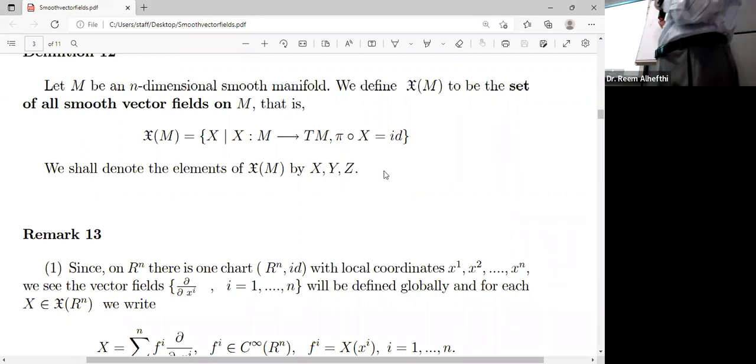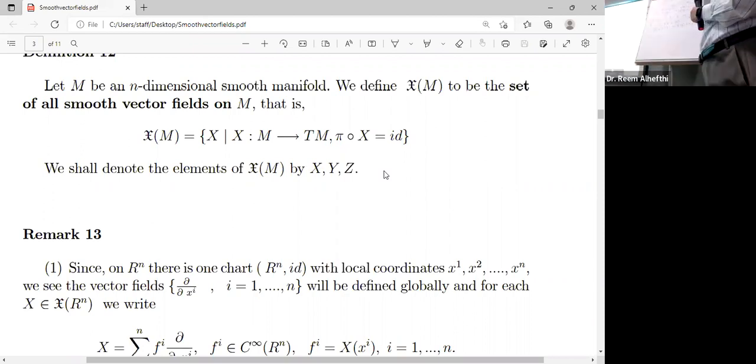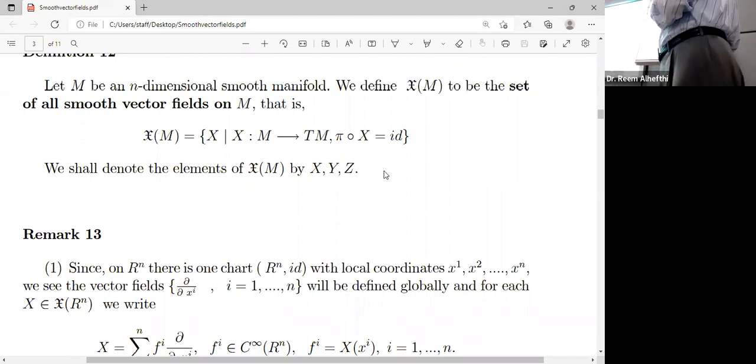So here you have the addition of two vector fields. That is, if you have X, Y vector fields, you define X plus Y at P to be nothing but the sum of tangent vectors, which is well defined in the tangent space. Addition is borrowed from tangent spaces. And also, given a smooth function and X, you define the left multiplication.